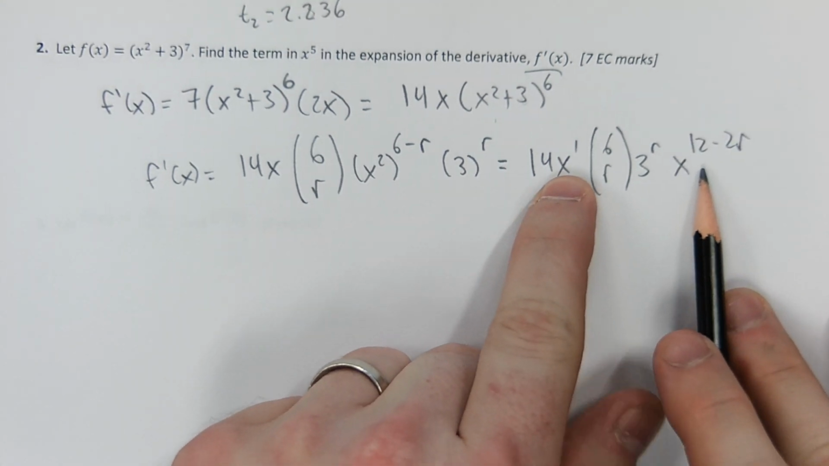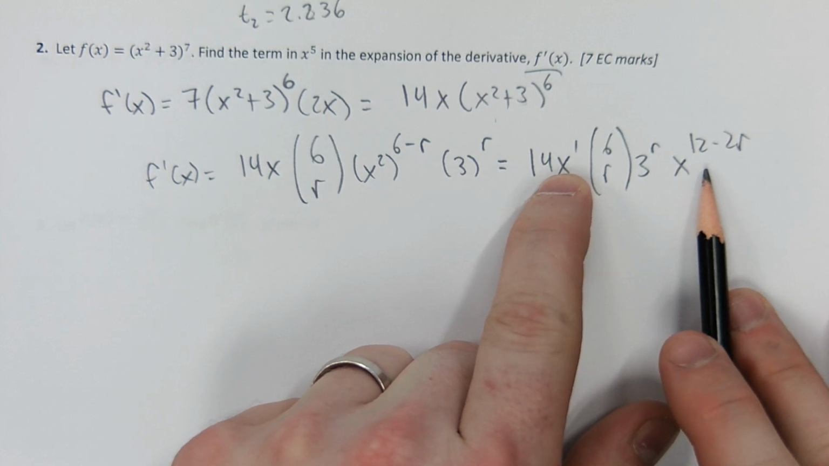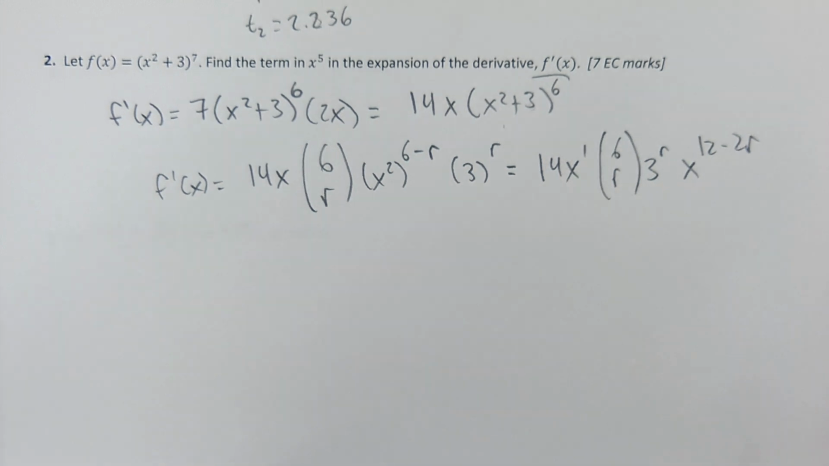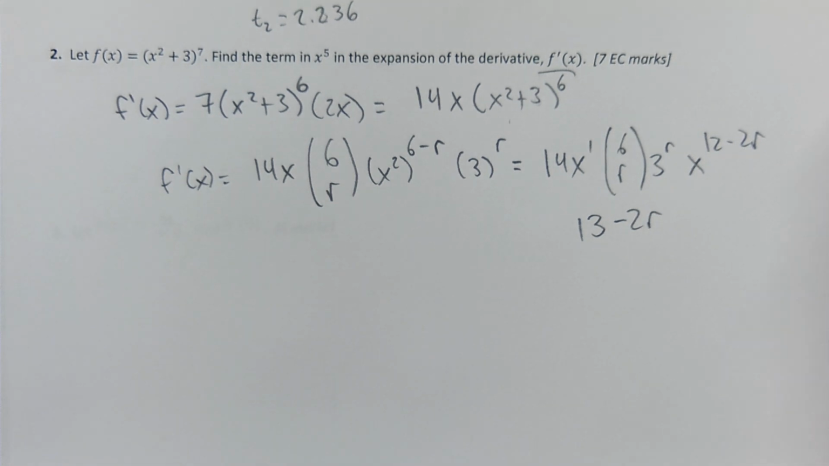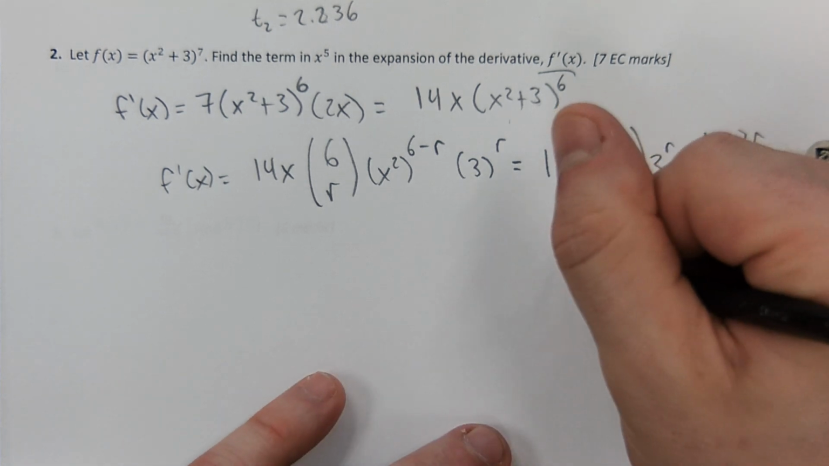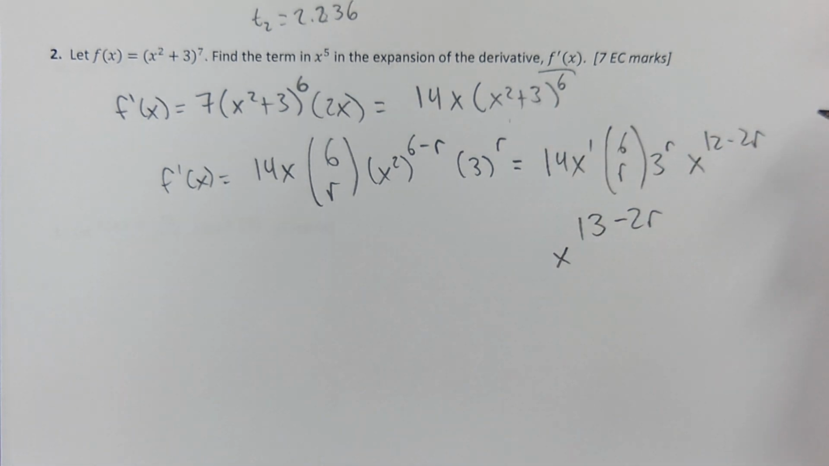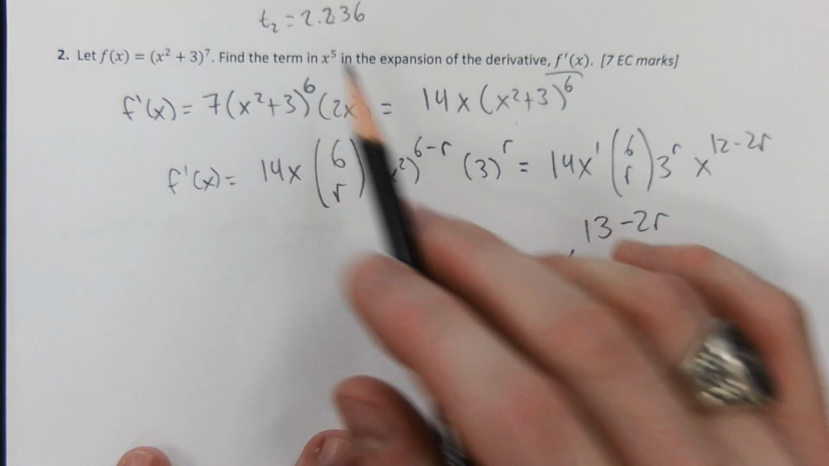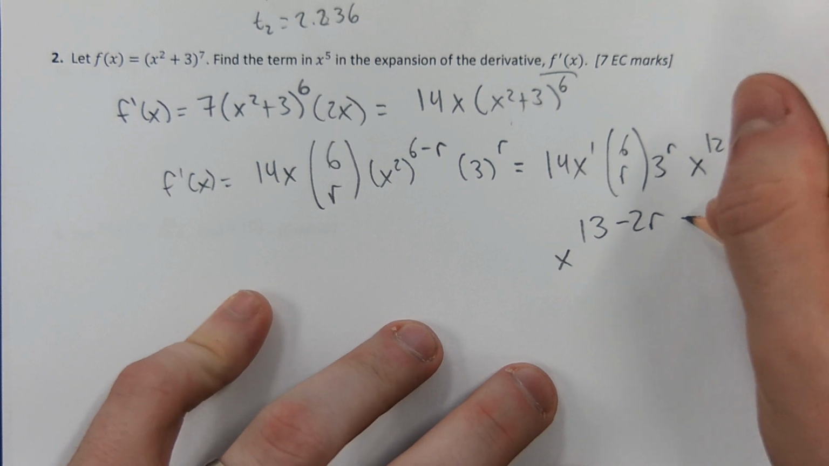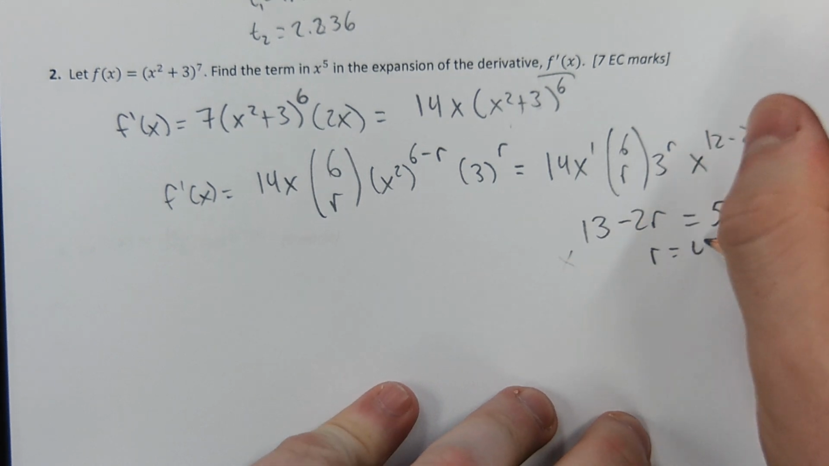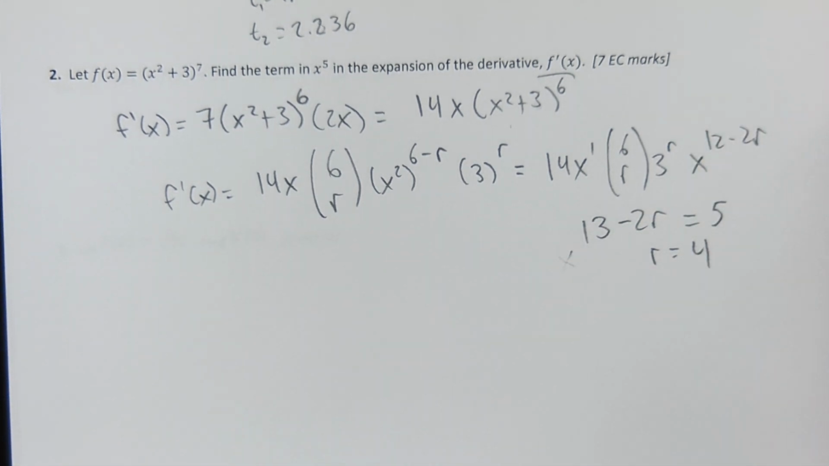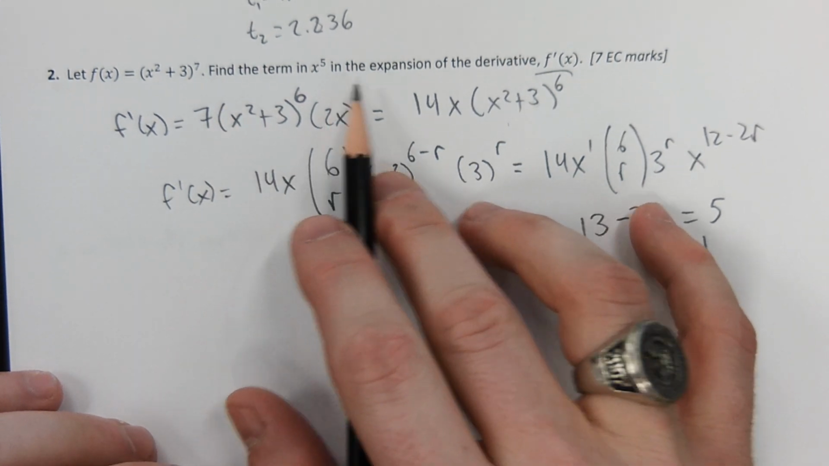These x's are multiplied. And when you multiply numbers with the same base, you add the exponents. So we're dealing with an exponent of 13 minus 2r. X to the 13 minus 2r. Cool with that? That's what we're dealing with. Now I needed x to the 5th. So I needed 13 minus 2r to be equal to 5. That makes r 4. 13 minus 8. So r is 4. It says find the term that has x to the fifth on it in the derivative